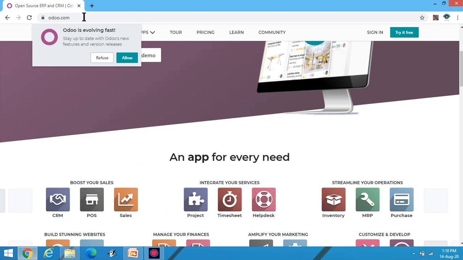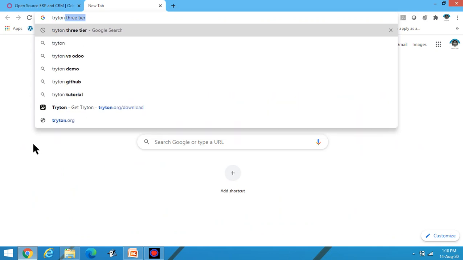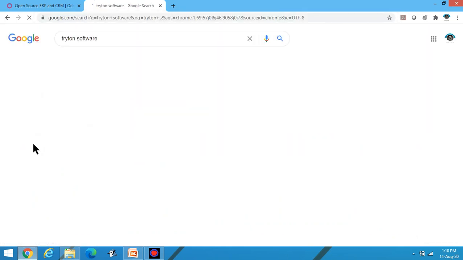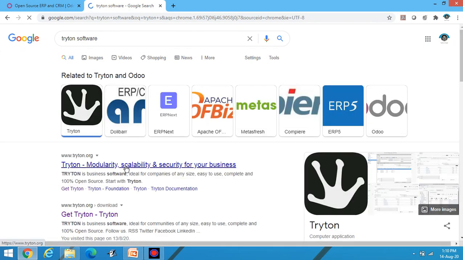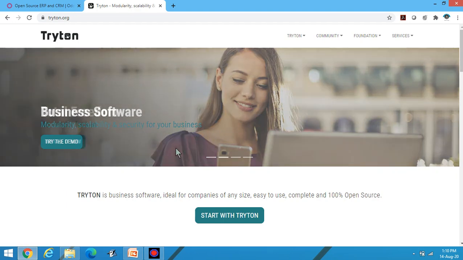And second one is Tryton. Tryton software. This one. You can also work on that. It's business software: modularity, scalability, and security for business.